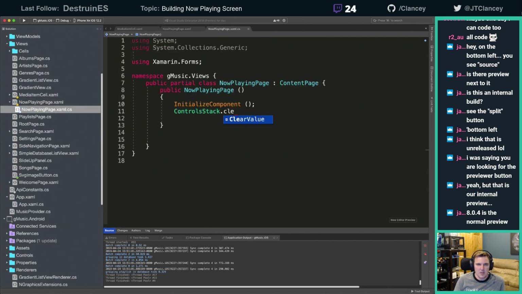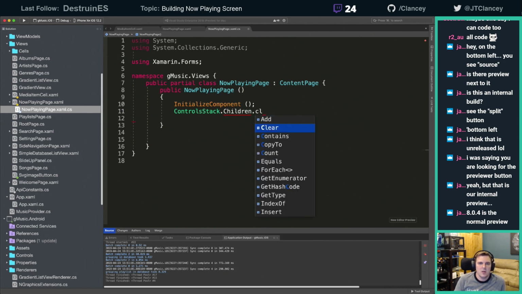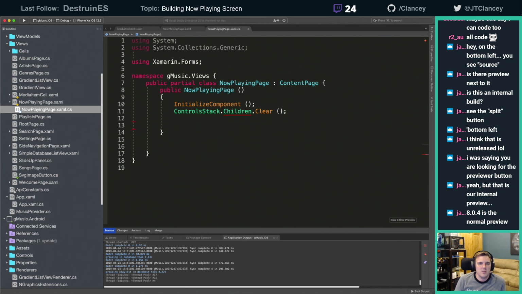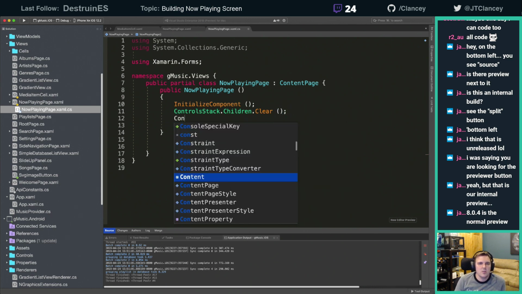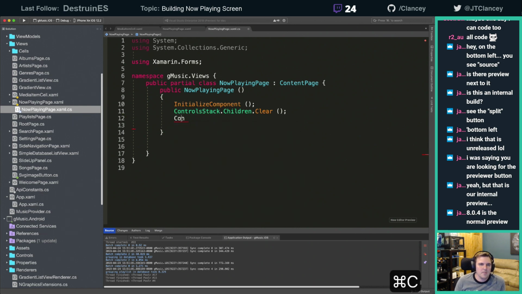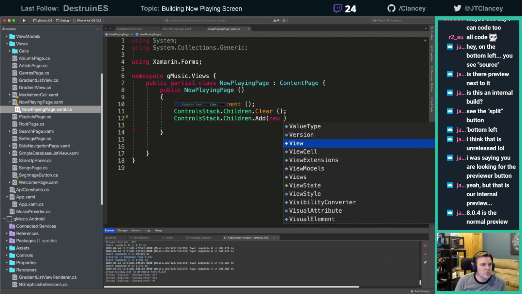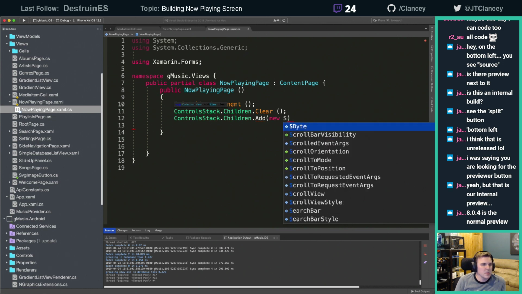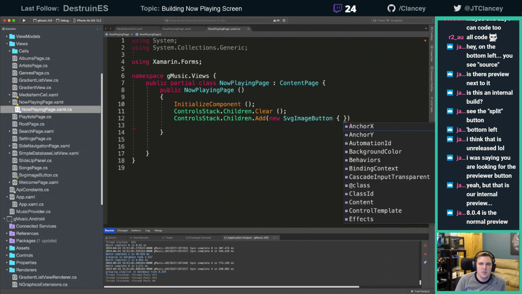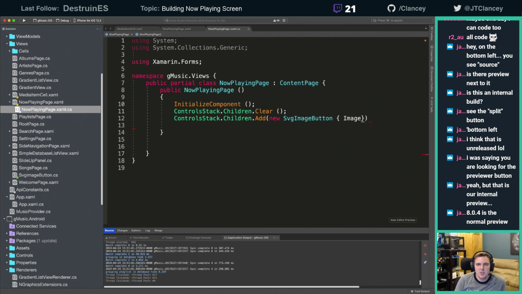Control stack dot clear, no dot children dot clear. Just to reset that out. Then we'll do control stack dot children dot add. We want a new, what's that thing called? SVG button. We're going to say the image equals image dot source